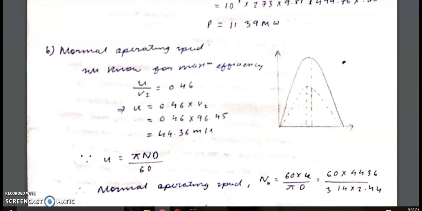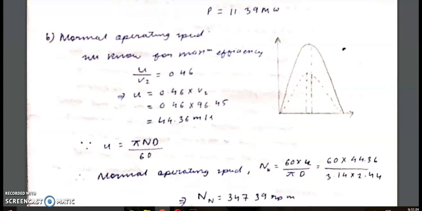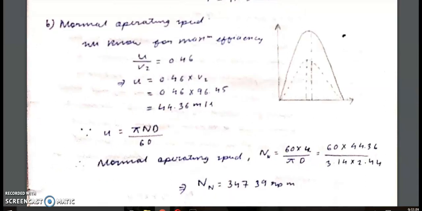Now we have to find a normal operating speed. We know that the maximum efficiency u by v2 is 0.46, that is given. So we calculate and we get the value to be 44.36 meter per second. Applying the value of velocity, u equal to pi n d by 60, we get the normal rpm to be